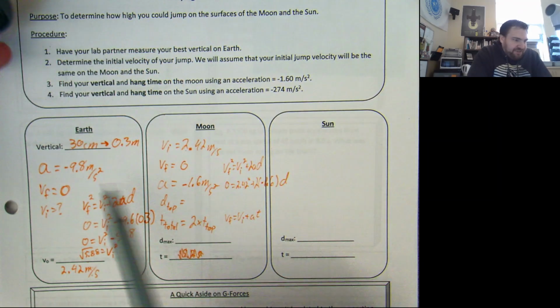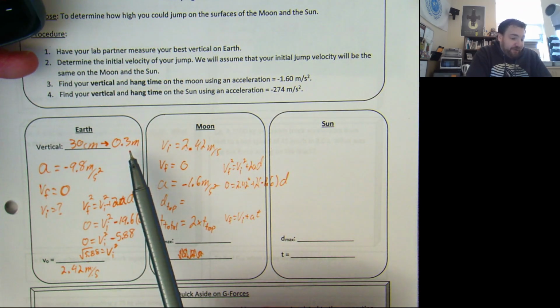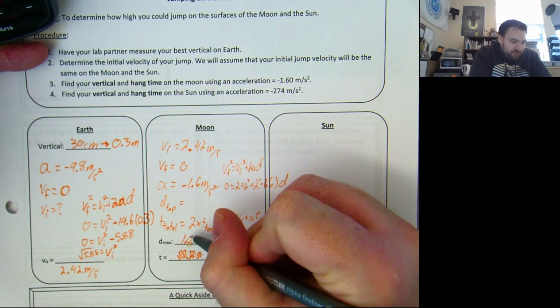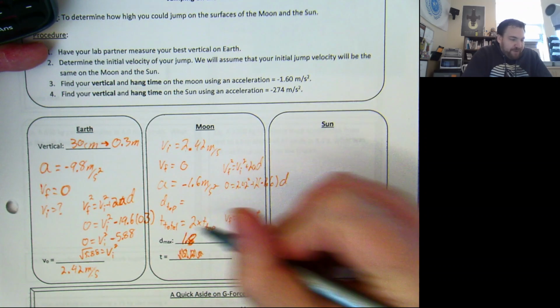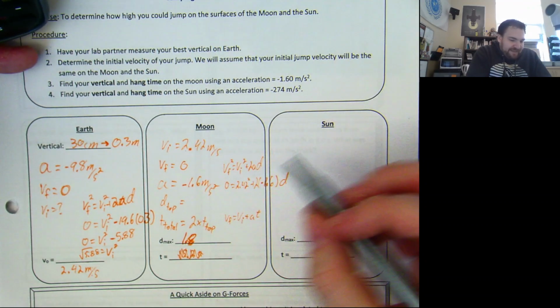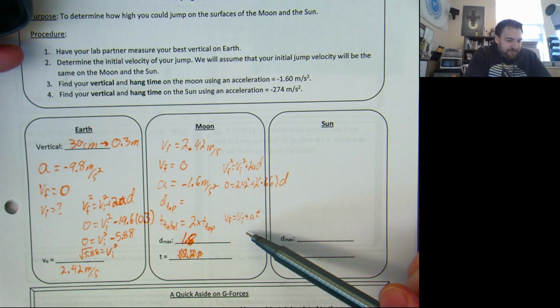So if you went from a 30 centimeter, or 0.3 meter, vertical, your vertical should have been 1.8 meters, which means you're jumping somewhere in the neighborhood of your own height. A straight leg jump would put your feet where your head is now, which would be weird and kind of awesome. And then the time for that same jump would have been